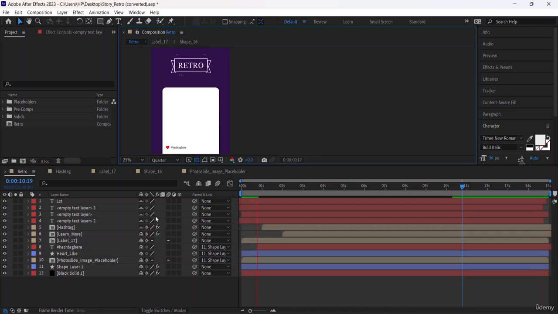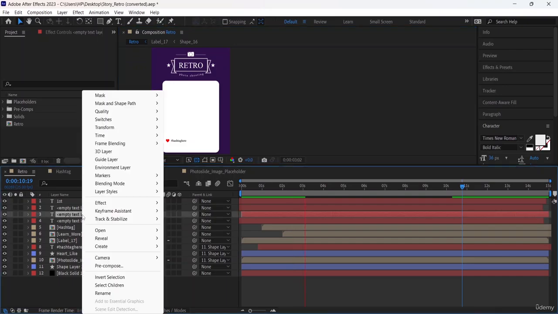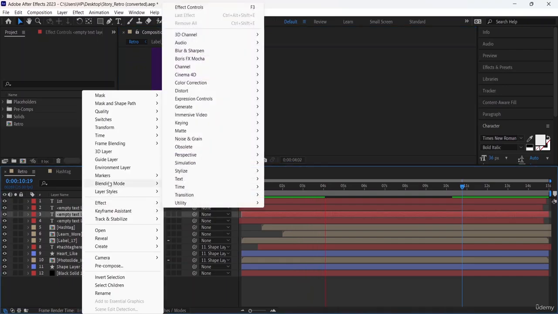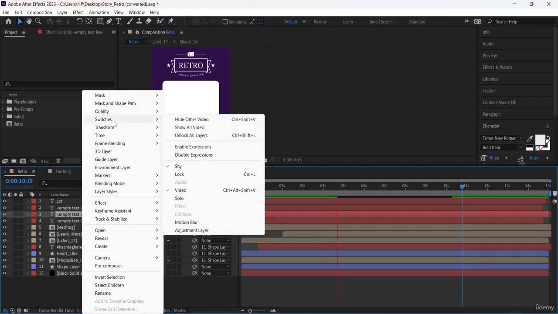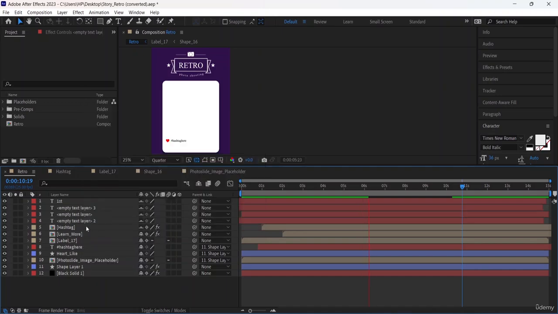Whatever type of filter you want to apply on a specific layer, you can do it right from here. What you're going to do is right click on each of these layers and press on this effect and all of these options which you have over here. Then you will be able to apply your effects, which is also the effects option over here. Just like you can see in our hashtag over here,